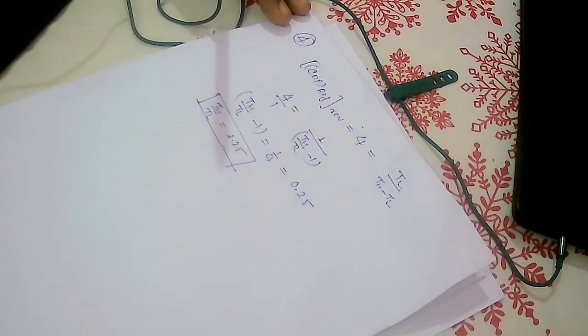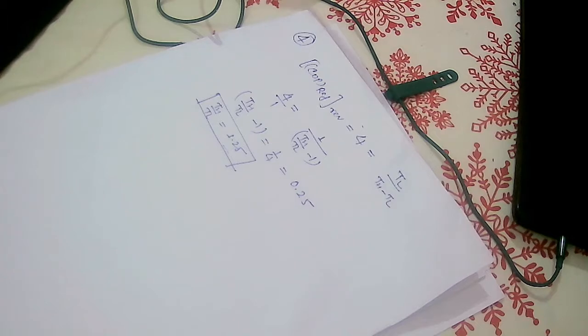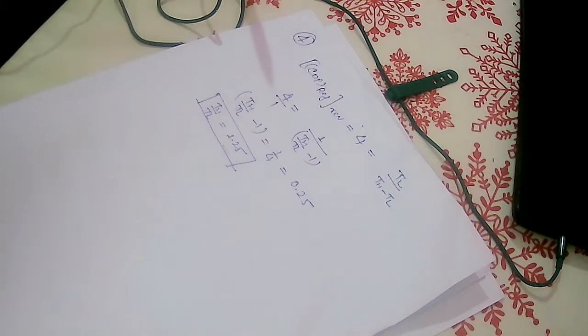Let's go for the next problem. The next problem says, which of the following processes can approach reversibility? Reversibility has been asked. Out of these, what is given: controlled or restricted expansion or compression, chemical reaction, mixing of different substances, action of brakes in stopping a vehicle. Keep in mind, one by one we will discuss. None is not possible, so out of these four, any one is the answer.